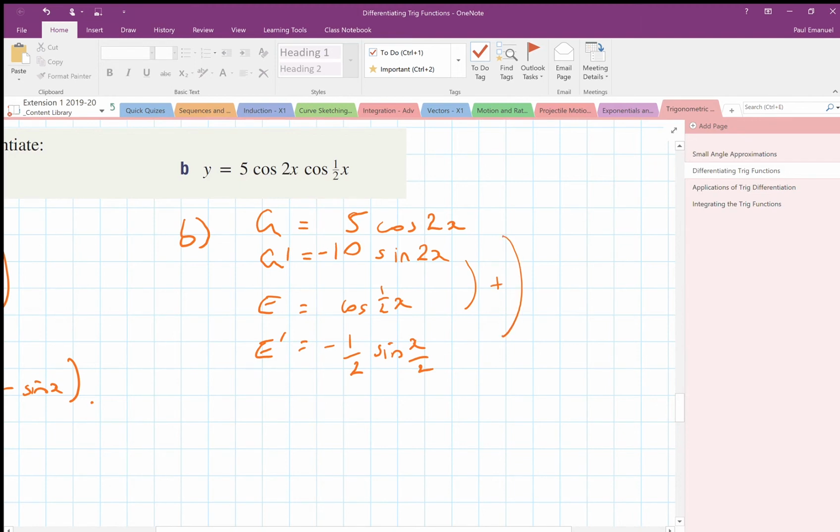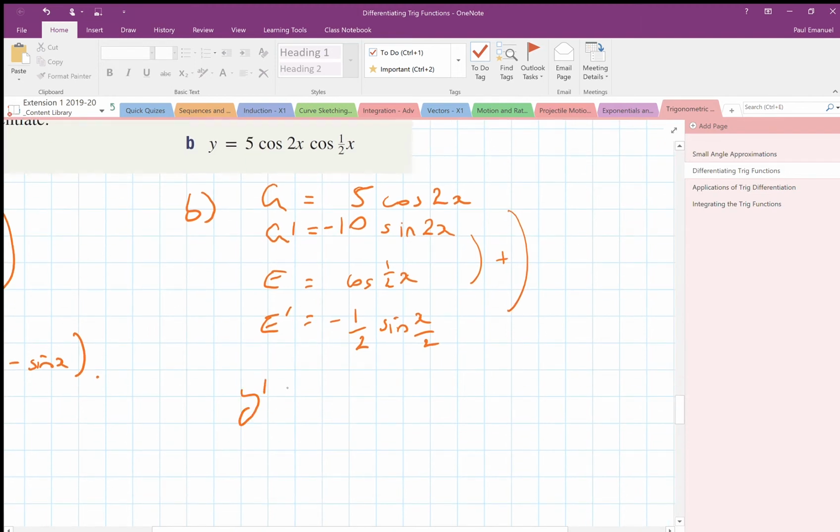Inside plus outside. And so the derivative is minus 10 sine 2x cos a half x